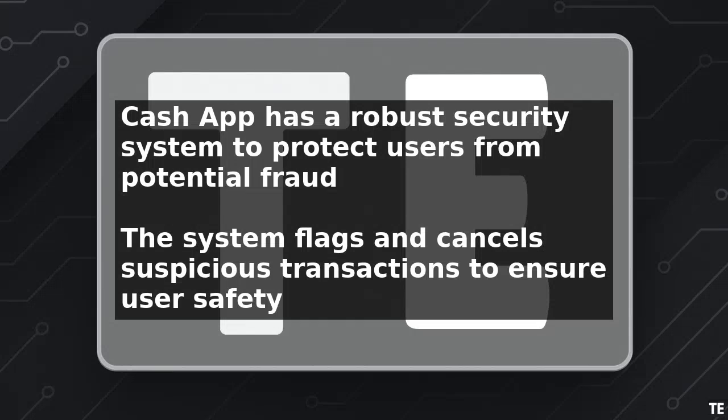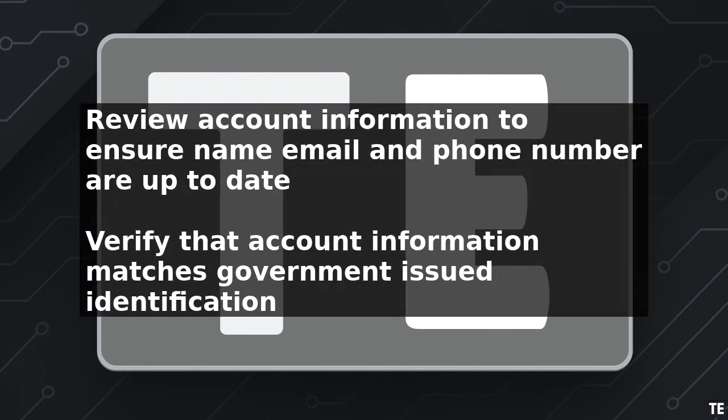To fix a canceled Cash App payment for your protection, it is essential to understand why Cash App failed the transaction in the first place. Cash App has a robust security system that flags and cancels suspicious transactions to protect users from potential fraud. When a payment is canceled for your protection, you will receive a notification from Cash App stating the reason for the cancellation. The most common reasons include suspicious account activity, unusual login locations, or transactions that exceed your typical spending